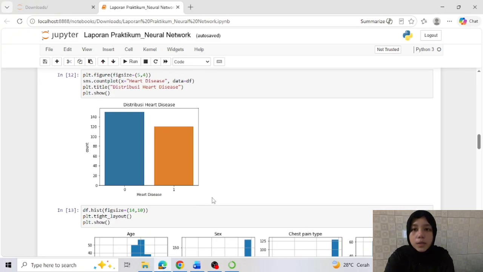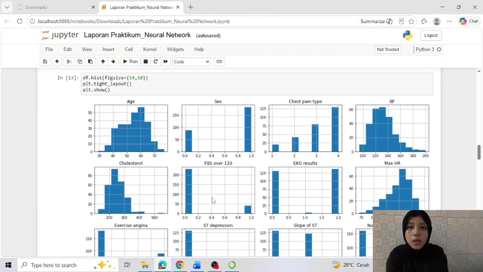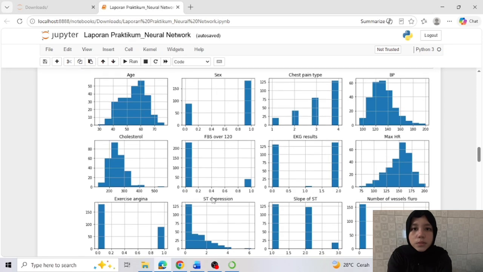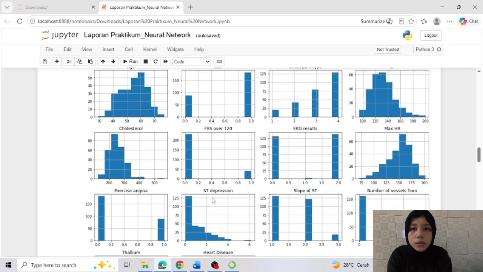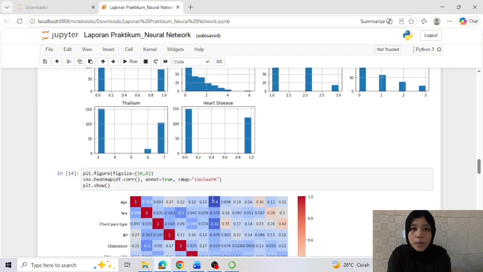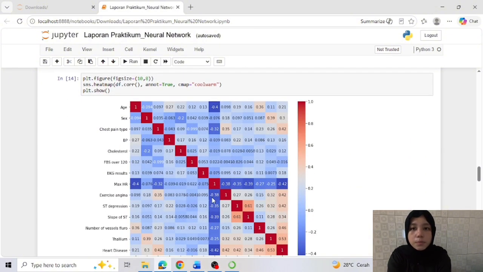Then I display histograms for all features to observe the distribution of each variable. From this visualization, we can see that each feature has a different range and distribution. Finally, I create a correlation heat map to examine the relationship between variables.